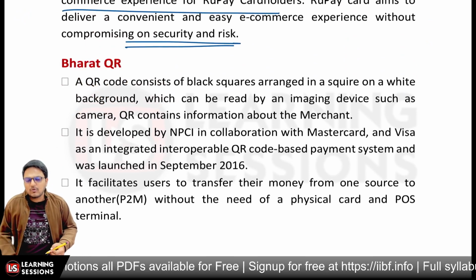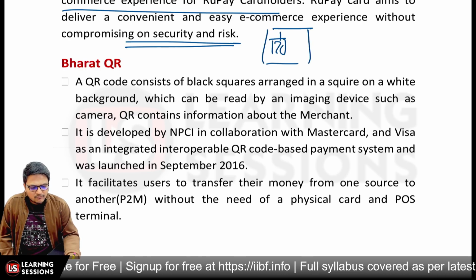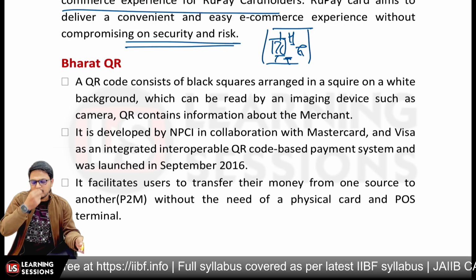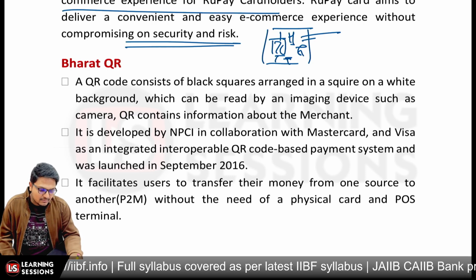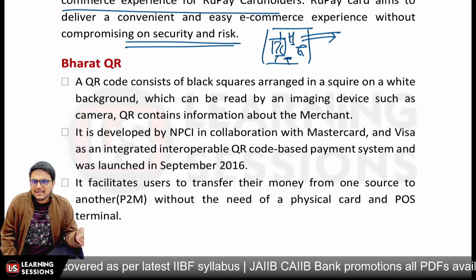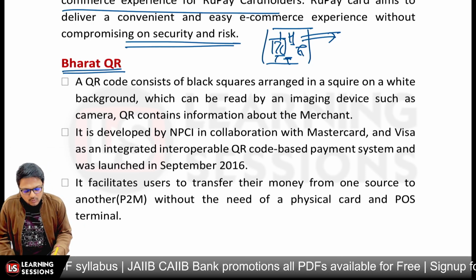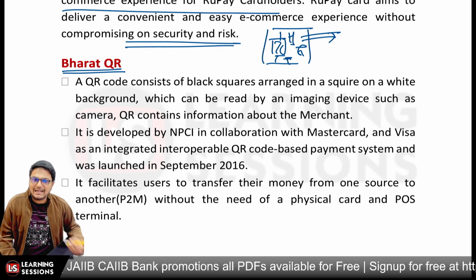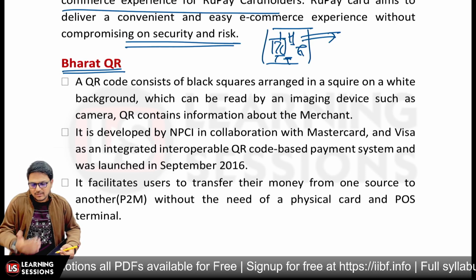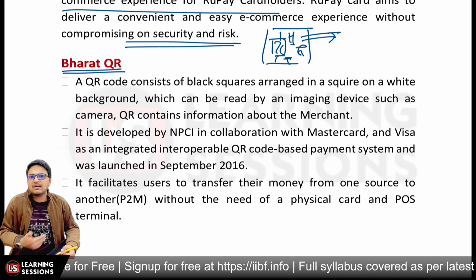Further, it's related to Bharat QR. Now what is QR? A QR code is basically a square box with black square boxes which you can scan through an imaging device or scanner, and it can store a lot of information. It can store a web link, your ID, your text, or anything. Those can be accessed and used for this purpose. The main purpose of Bharat QR is to make payment friendly. Like when you visit a merchant, rather than entering the details of the merchant, you simply scan the QR code placed there, and you can make payment directly.